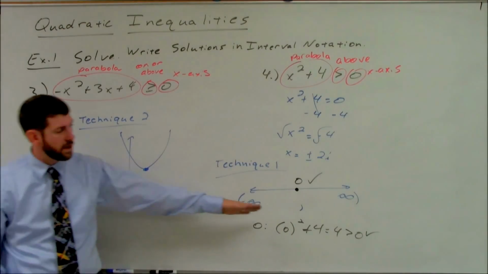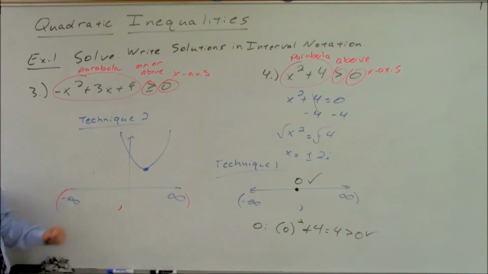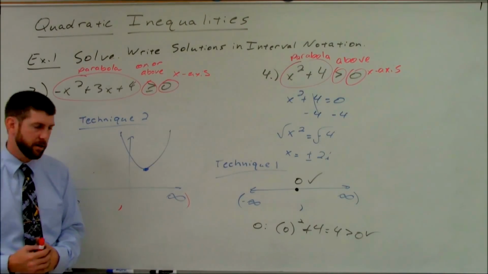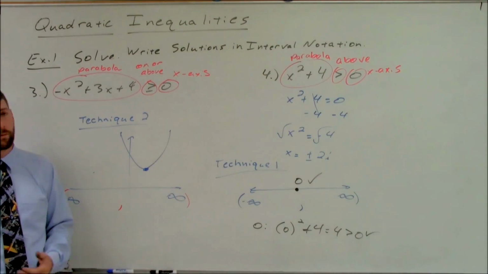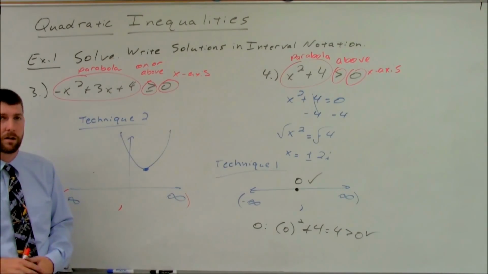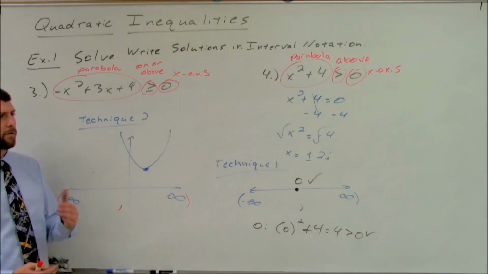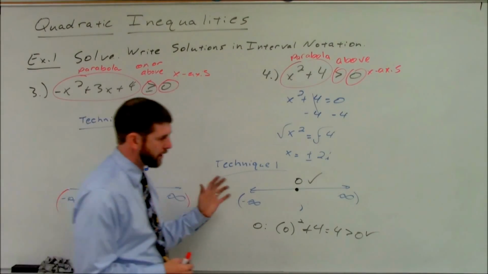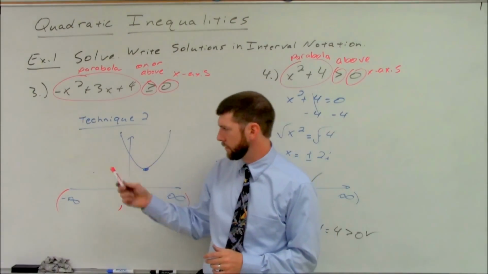So we can do it with test a point, or we can do it without test a point. The graphing gives you a little bit more help on these special type cases when we don't have x-intercepts, or if we have only one x-intercept, meaning the vertex is on the x-axis. So there are some different situations that can come up there, and we will talk about those in class, but kind of be thinking about